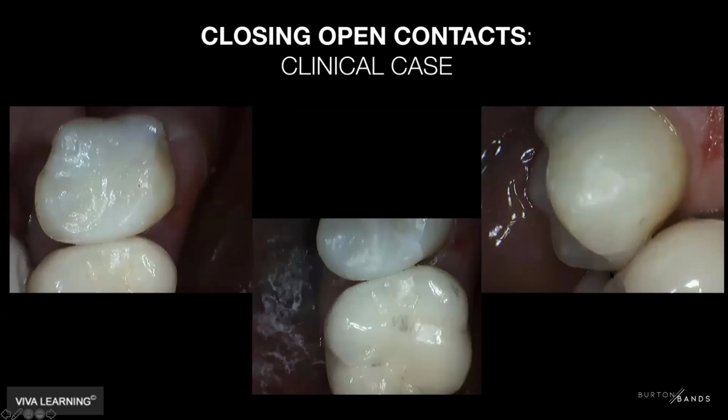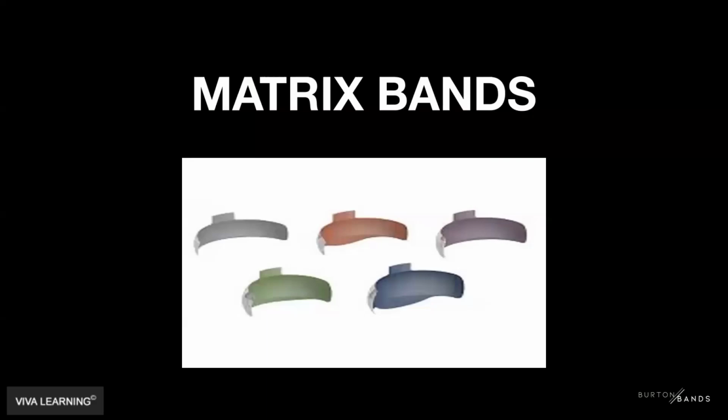So keep those things in mind when closing open contacts. A lot has to do with the preparation design, and make sure you're giving your restoration room to work and not expecting too much out of it and wondering why the margins are square or the contact area is not natural looking. It's in the prep design. We'll visit some prep design stuff later, but I'm going to jump into the next phase of this, which is